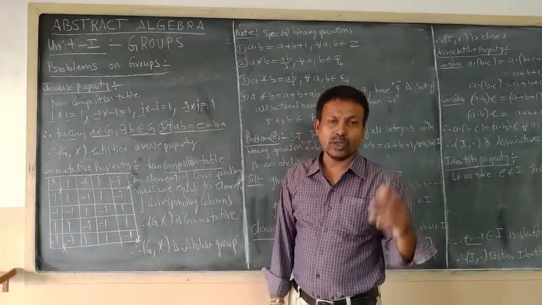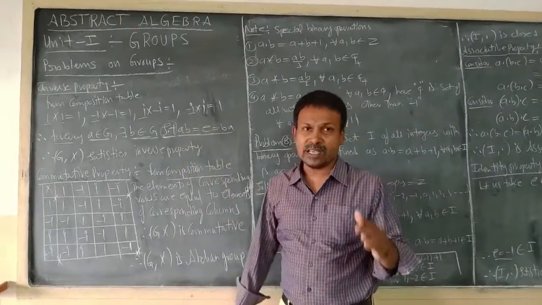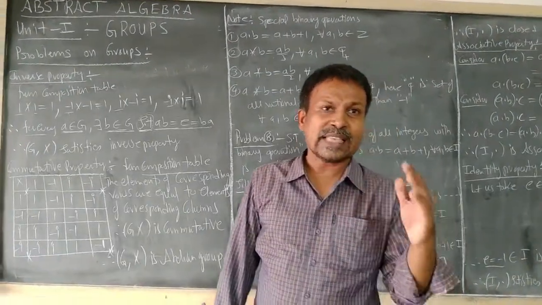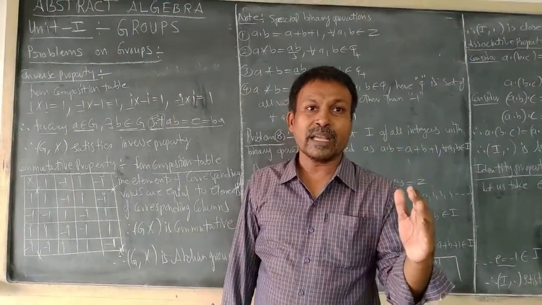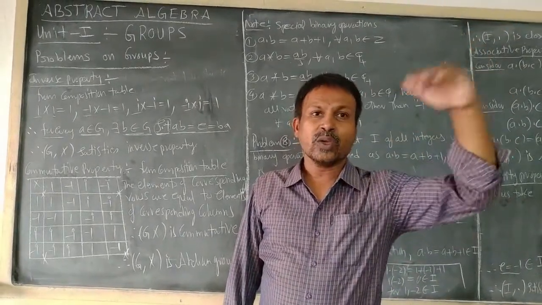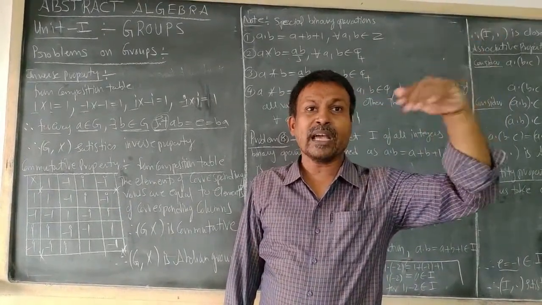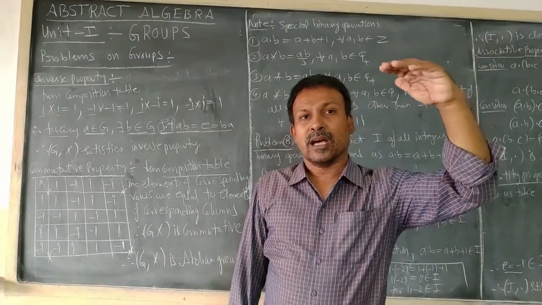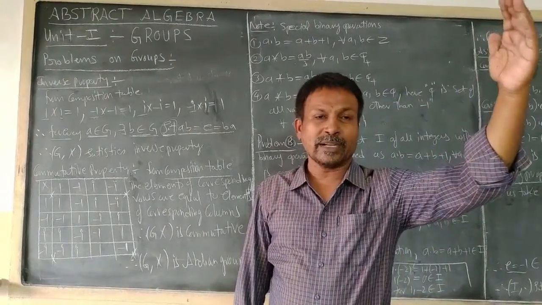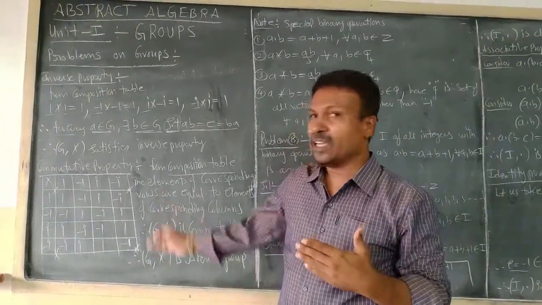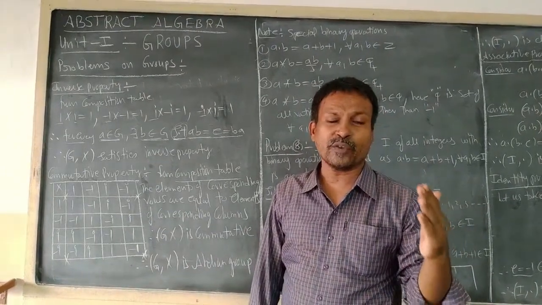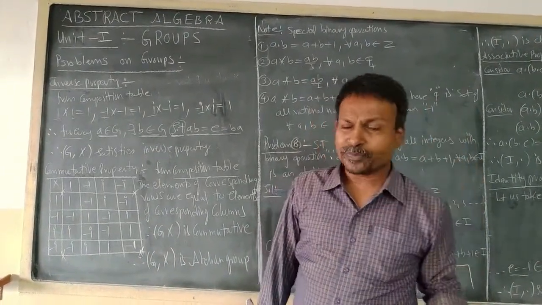So, on the whole, this given set G, which is the set of cube roots of unity, satisfies the commutative property. In reverse I go: commutative property, inverse property, identity property, associative property, and closure property. Therefore, this G, the set of roots of unity, is an abelian group.